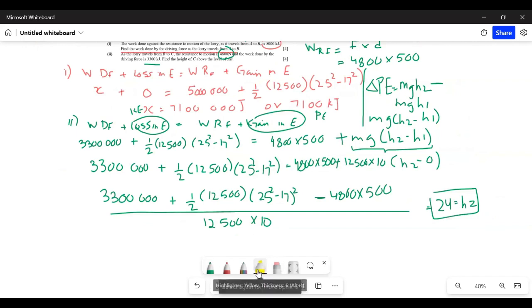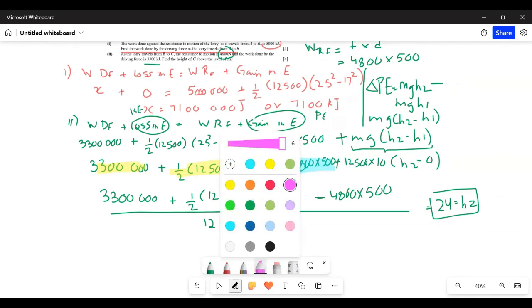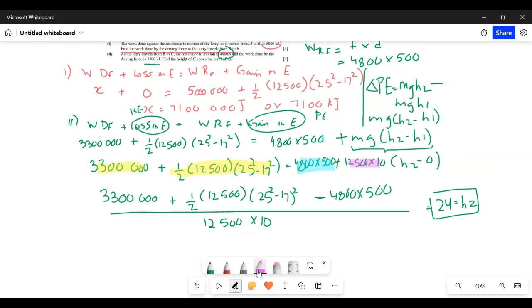आई होप यू अंडरस्टूड कि यहाँ पे क्या किया। पहले इसको और इसको ऐड कर लिया, you can do this separately, I've done it all in one step। फिर इसको सब्ट्रैक्ट कर लिया दूसरी साइड पे ले जाके, और फिर इसको डिवाइड कर लिया, it gives 24 meters। Okay, next question।